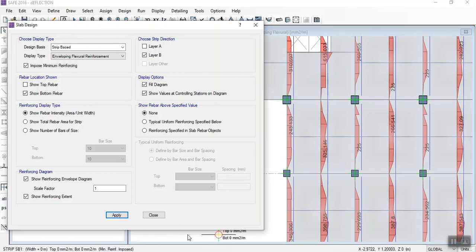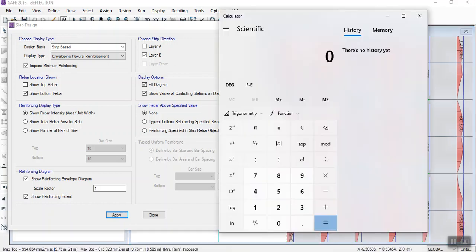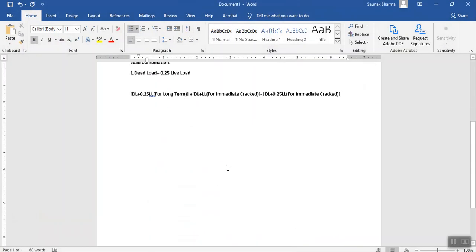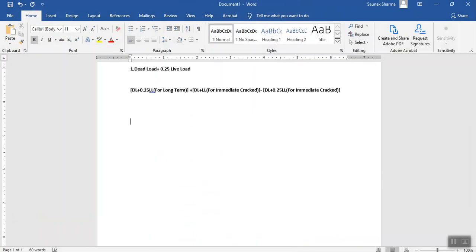Here I will calculate the spacing for you. If I have the area of rebar, capital A equals 326,